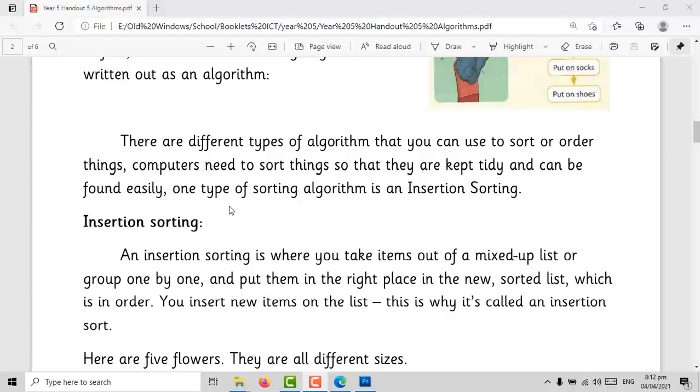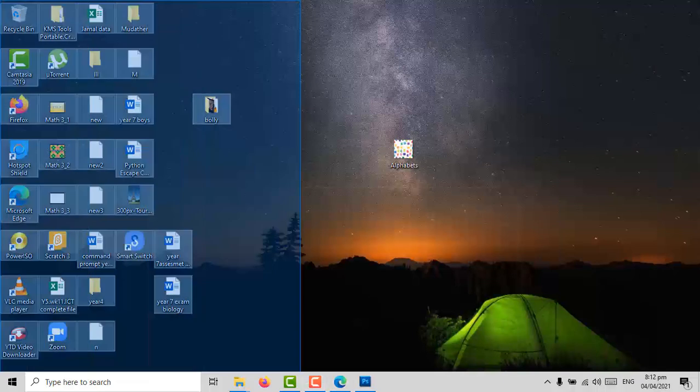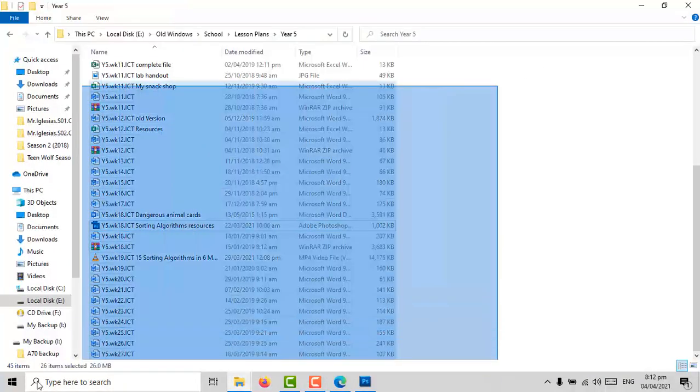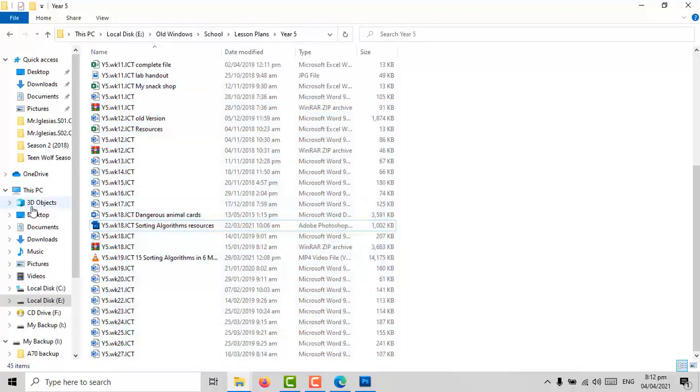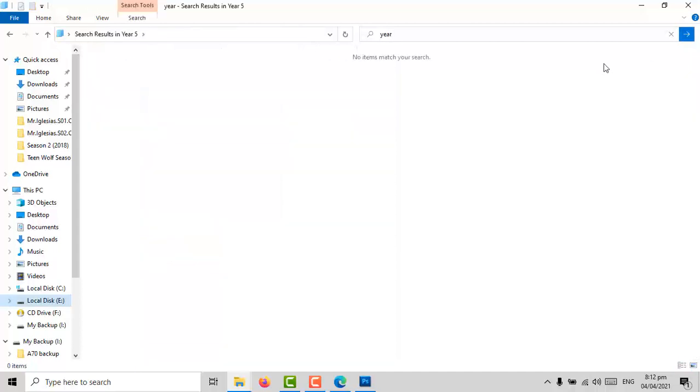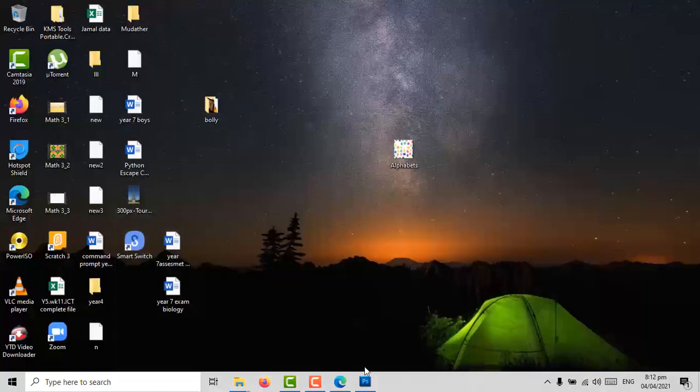Before we get to the insertion sorting, guys, I want you to know that in this unit, it explains to us how the computer organizes all of our files, how it sorts out the hundreds and hundreds of files that we have on our PC, and how is it when you type something and you want to search for something, for example, year. How does this computer, when you click on search, how does it find the content really fast? The computer does that using